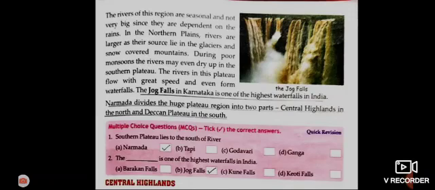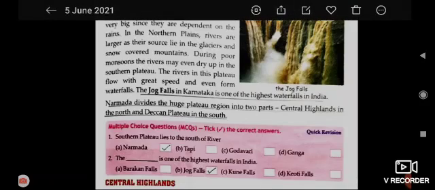So in the Southern Plateau you will find that the rivers flow at very good speed and form waterfalls. The highest waterfall in India is the Jog Falls, which is in Karnataka. You may find many waterfalls over there, but the Jog Falls is the highest one.